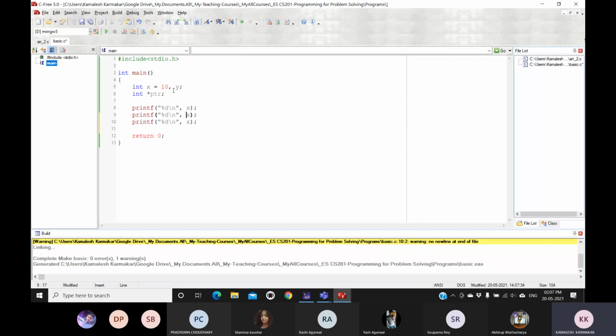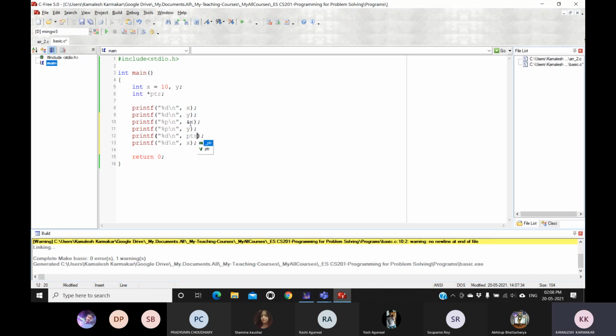I want to print the value of x, the value of y, and the address of x. I want to print the address of x, so I will use %p. I want to print the address of y.